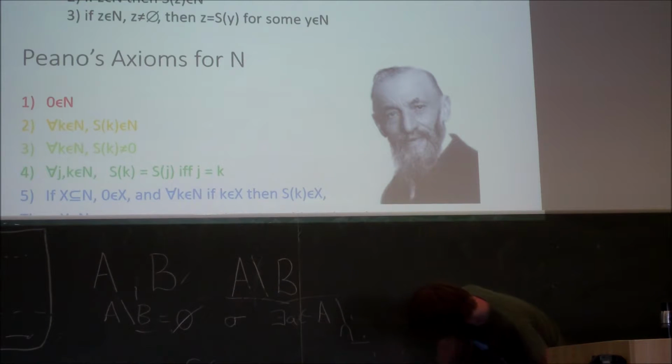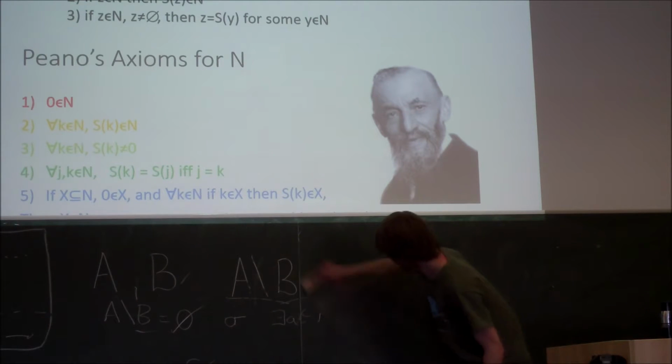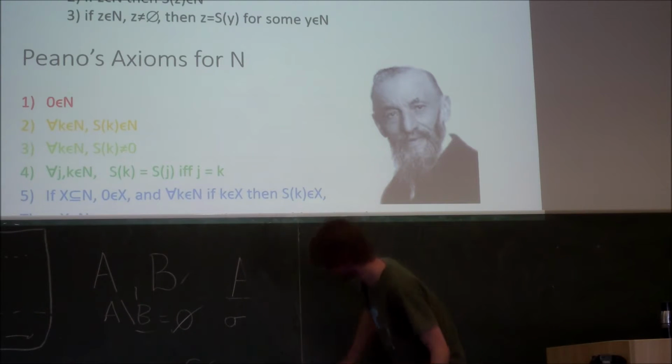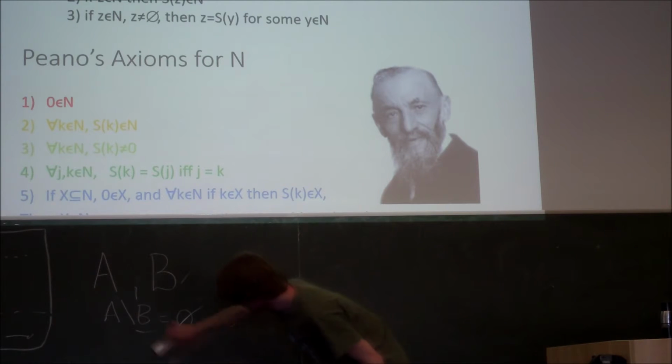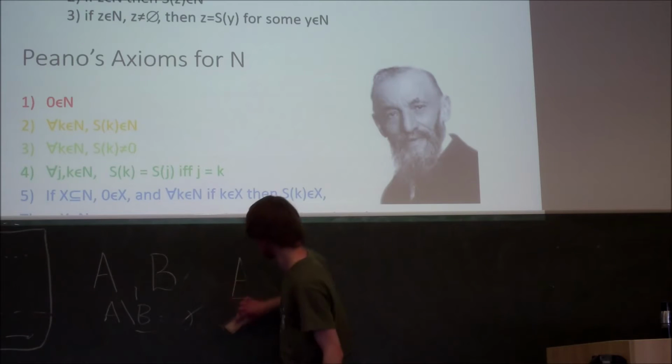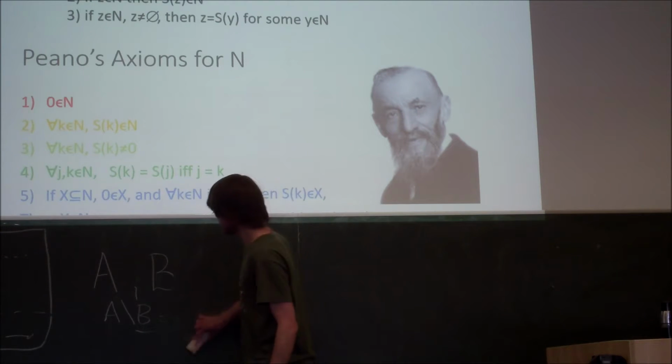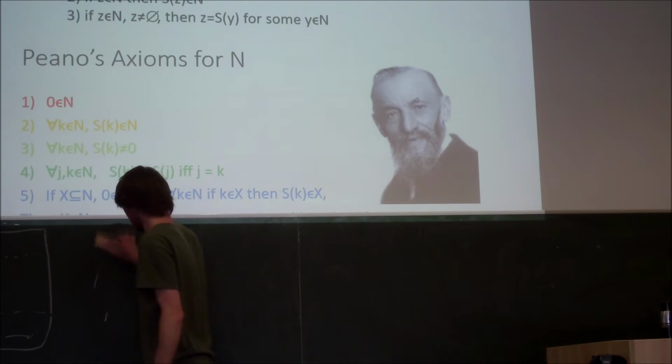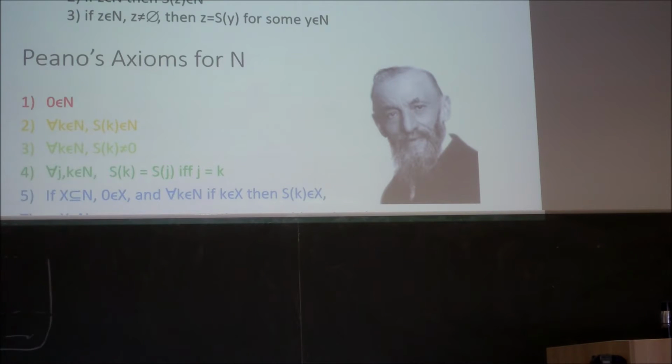So now we move on to something that people may have seen very briefly at the end of number theory in semester 1 of first year. I think we touched on them and then moved very rapidly on. But Peano's axioms for N function perfectly well as a set of axioms for the natural numbers in their own right. So if we could come up with a similar kind of set of axioms for the reals, maybe a bit like you met at the start of Calculus 1,